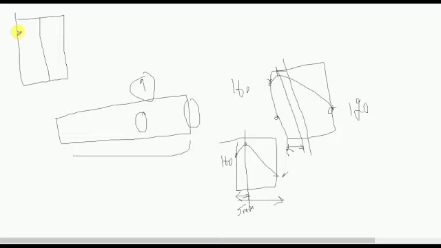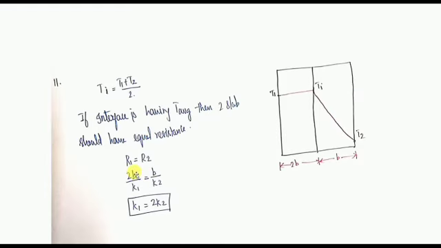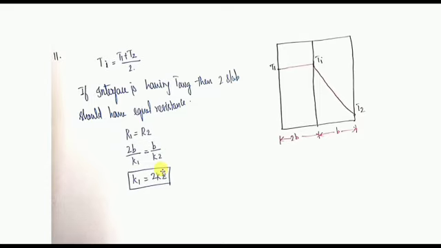Actually, T1 is here and it will be falling like this, and T2 will be falling like this, and T interface will be here. Only then can we say T1 plus T2 divided by 2 is equal to Ti. This is the interface and this is the average, which means the same resistance on both sides. That's what I'm trying to say. You can see that R1 equal to R2, and in the question this is the length of 2B, and here it is the length of B.